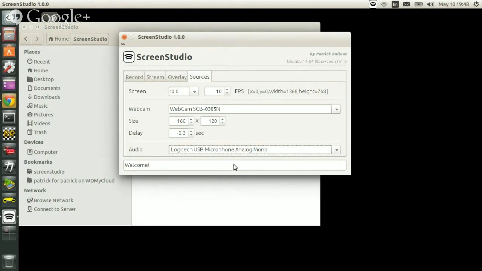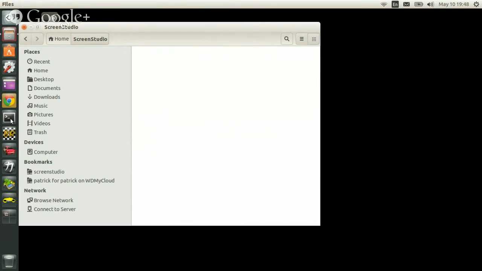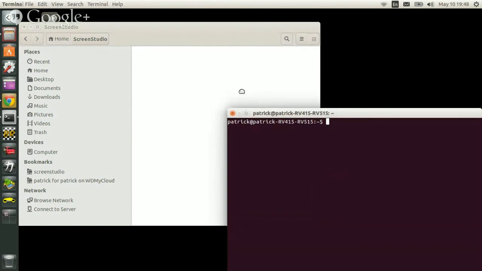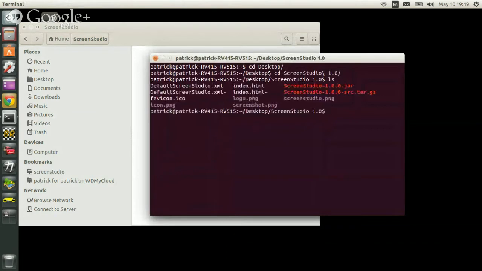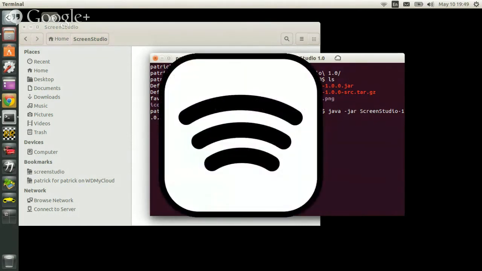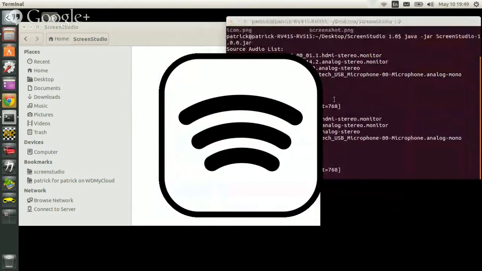If you're having issues with ScreenStudio, I'm going to close it like that. If something goes wrong and you want to know why, what you can do is open a terminal. I'm going to go to my desktop and then ScreenStudio, and my jar file is there. So I simply type in java -jar ScreenStudio 1.0.jar, launch it from there, and it is a little bit more advanced, but you'll see everything being outputted